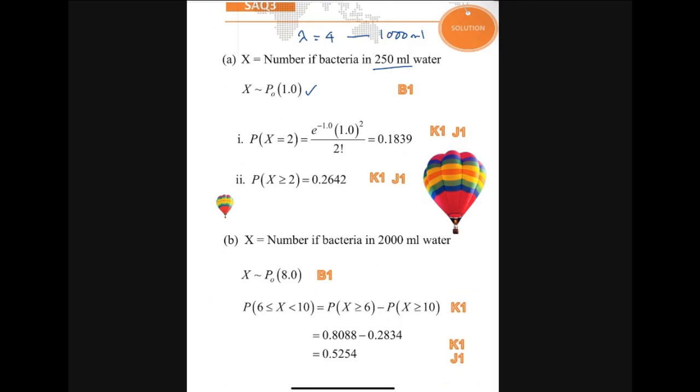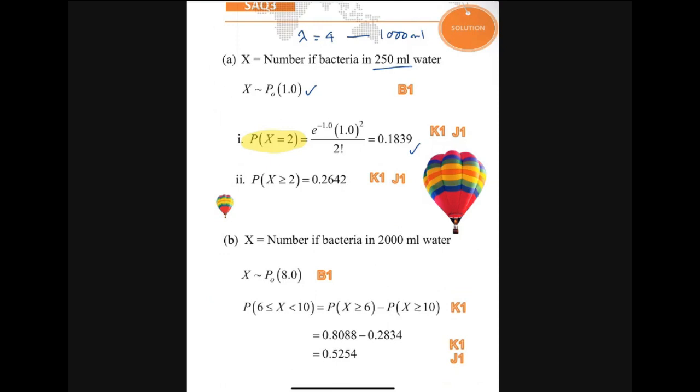So if the question exactly 2, that means x equal to 2. Okay, for this part, you can either use the table or you can straight away use the formula. So I use formula here, exponent to the power of negative lambda. So exponent to the power of negative 1 times with lambda to the power of x. So times with 1 squared divide with x factorial. So divide with 2 factorial, straight away we obtain the answer